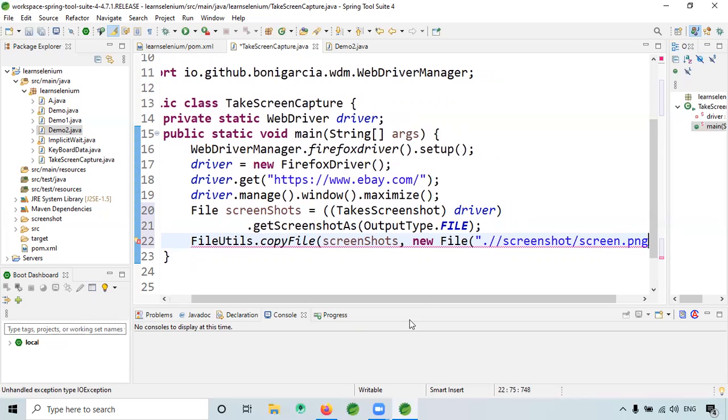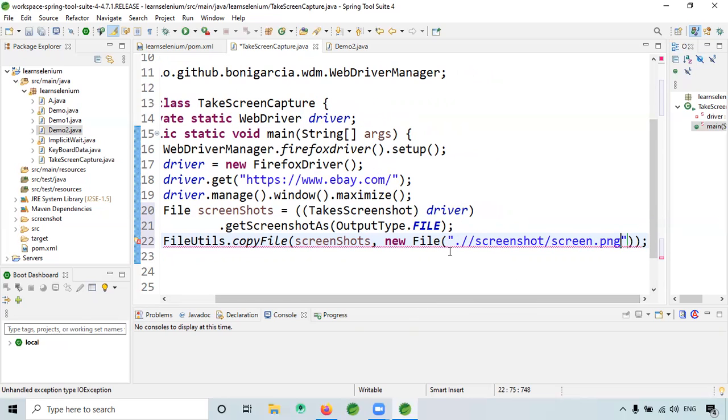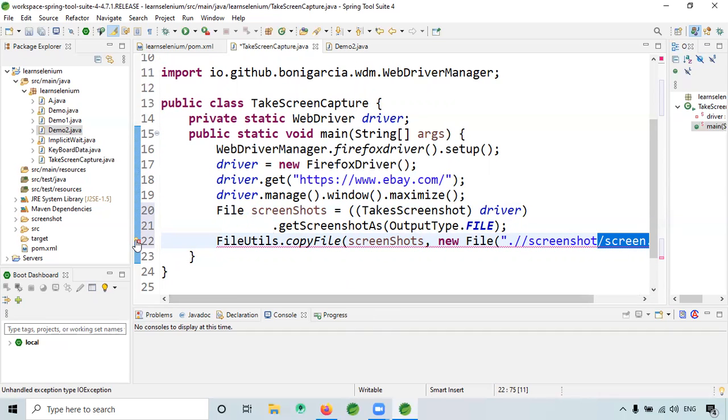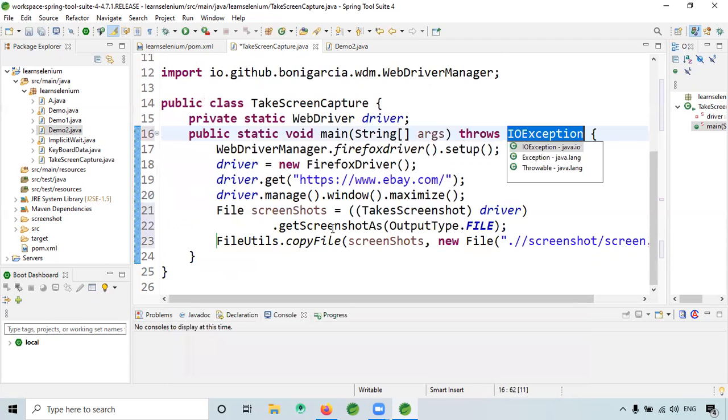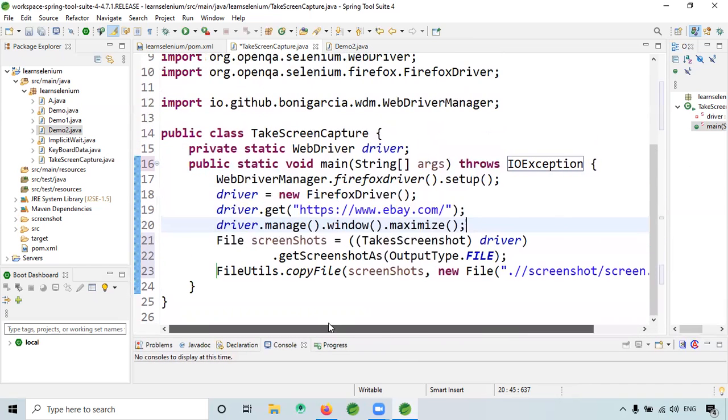What it will do is create a folder called screenshot, and screen.png will be my image. Whatever screenshot I take, it will be stored as screen.png. That's all. Let me check whether I'm able to take the screenshot or not.